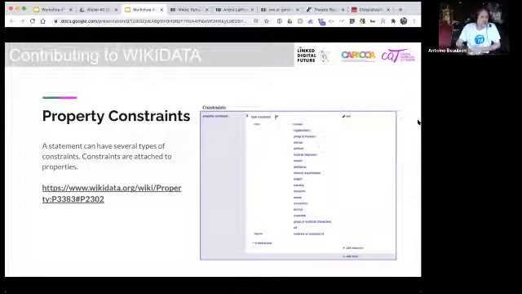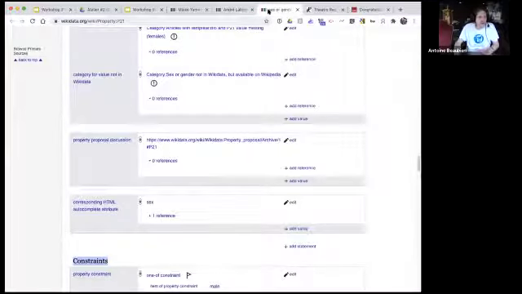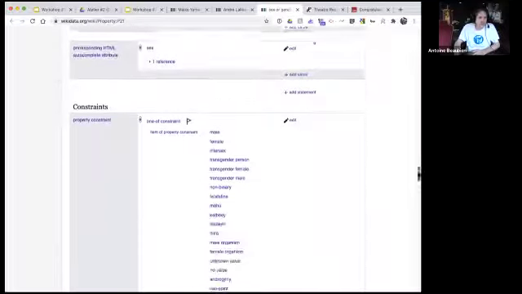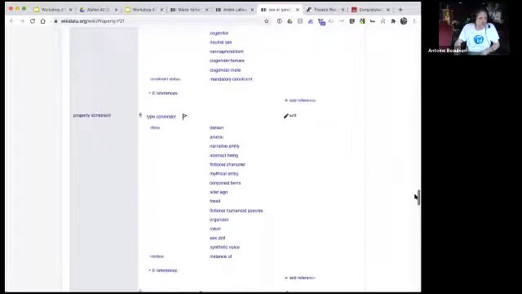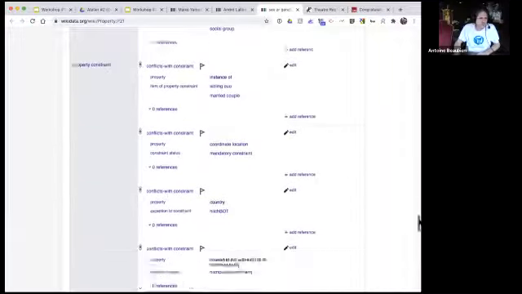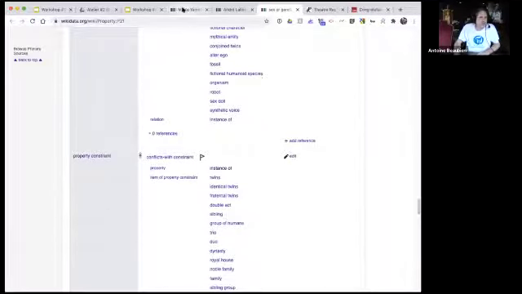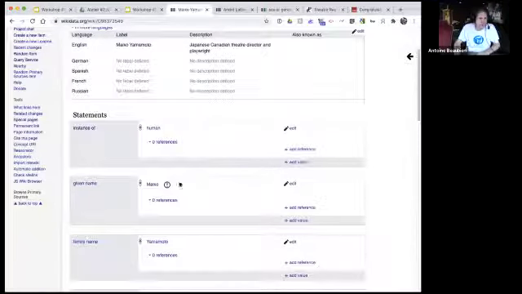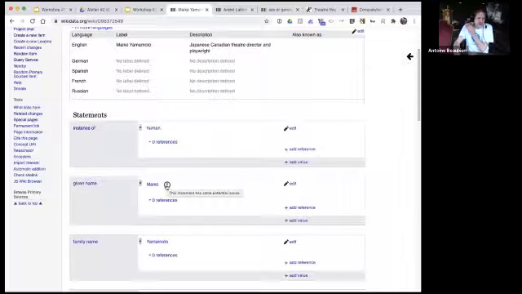But what's important about constraints is to understand that when a constraint is broken, there's a special sign that will appear here. Now it's telling us this statement has potential issues. It tells us that Maiko should have a statement with writing system. Now this is funny because it's not about this constraint, it's actually about this item here that should have